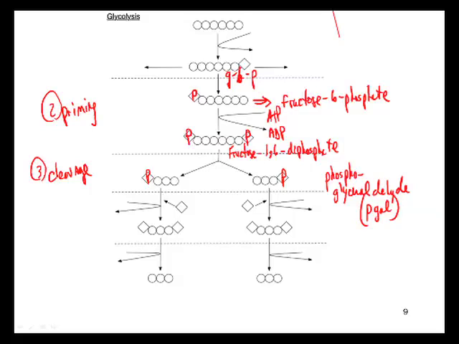So when we look at this PGAL, this glyceraldehyde 3-phosphate, the number of atoms between those 2 molecules here should be the same as what we saw up here with fructose 1,6-diphosphate. And that's something that you should pay attention to as we go through this process as well. We're not going to create new matter. We're simply moving matter from one molecule to another. And in this process, ultimately the goal is to move matter from one molecule to another to generate as much ATP